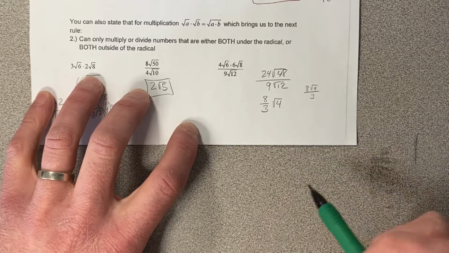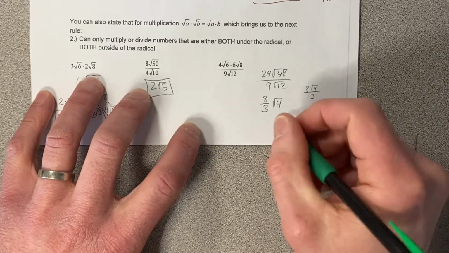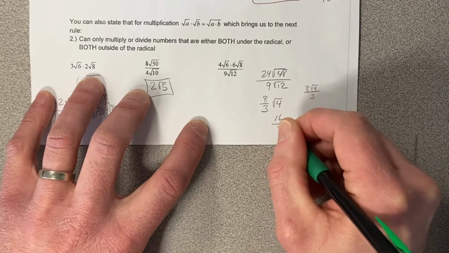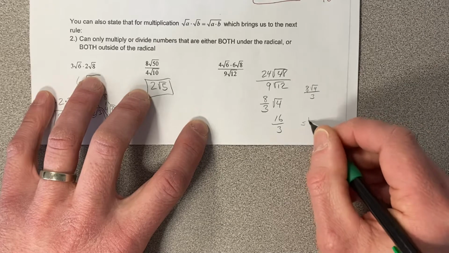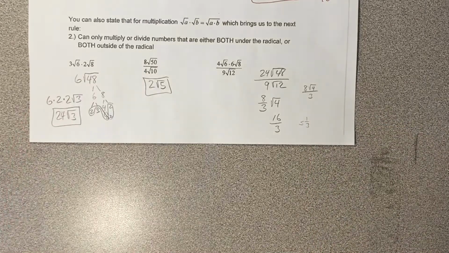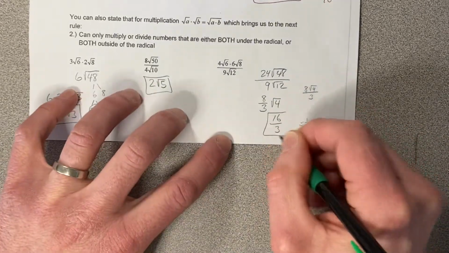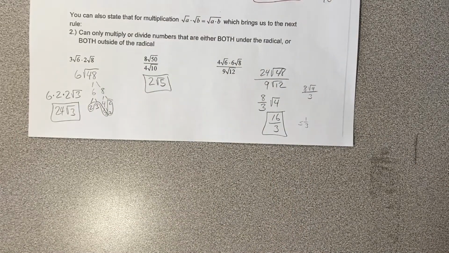So then we're going to do 8/3 times 2, which would get us 16/3, or you could get a mixed number of 5 1/3. But I kind of like the improper fraction. Okay, so